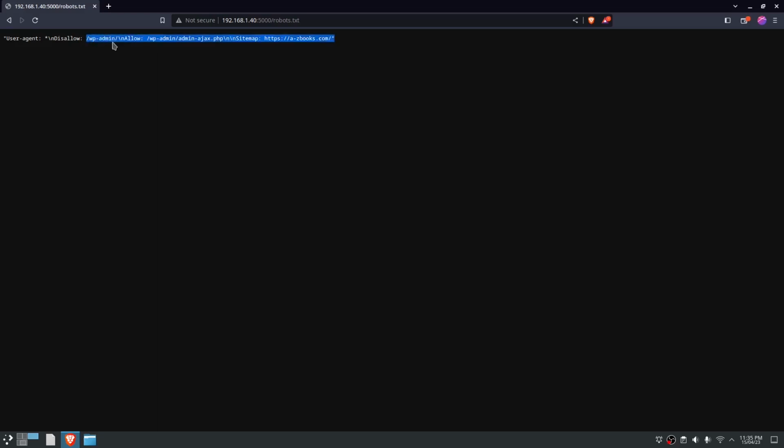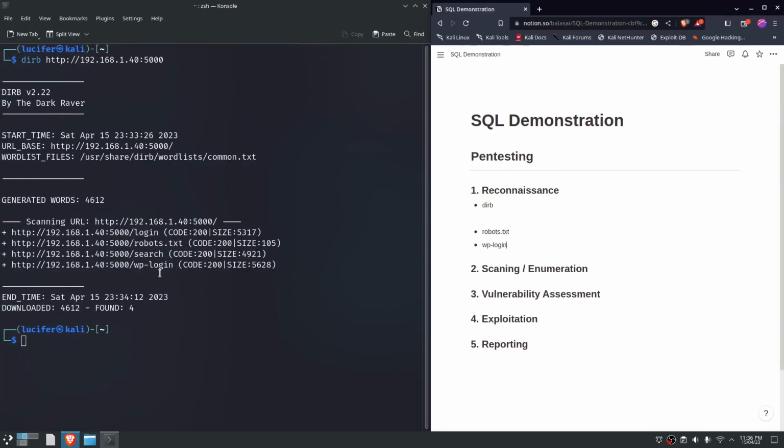engines to show this wp-admin, because wp stands for WordPress, and although my website is not built on WordPress, there are real websites which are built on WordPress, right? So you don't want those WordPress login data directly shown on the search results, right? Hence, robots.txt tells search engines like Google, Bing, not to show the /wp-admin. But then, since we have found there is this wp-login, which means WordPress login of my particular browser,